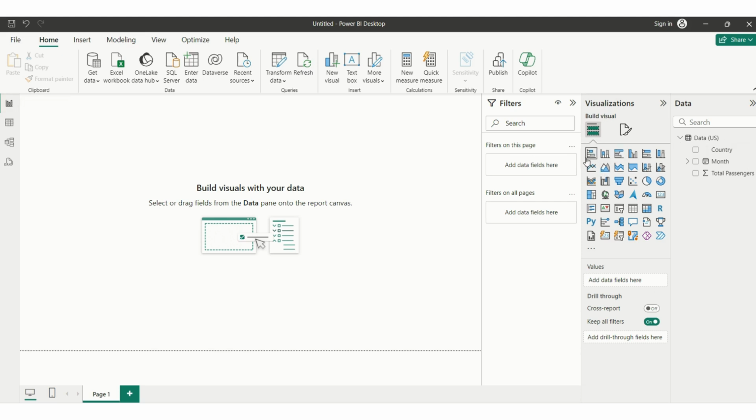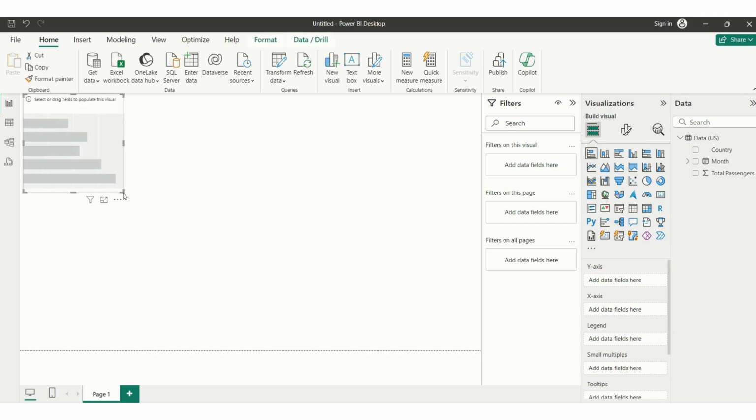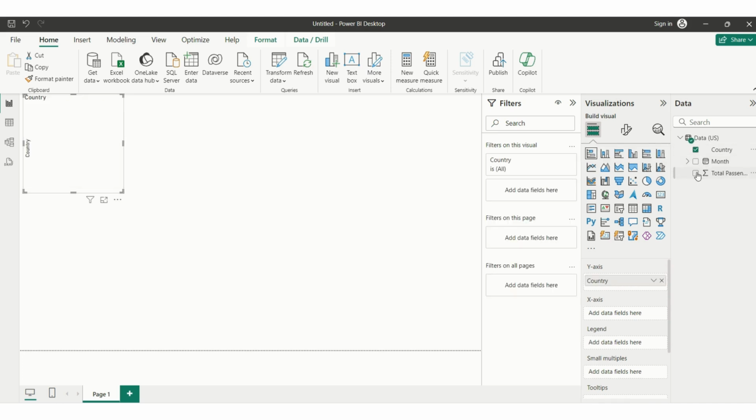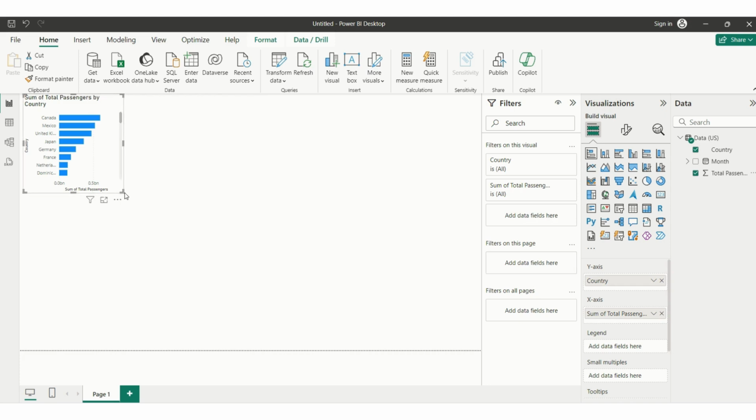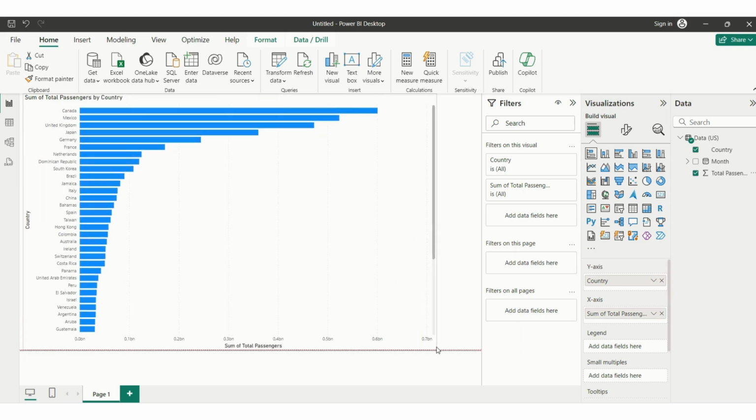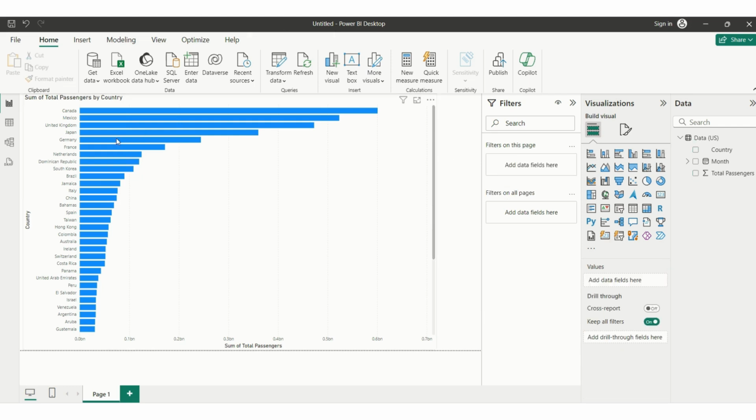First of all, we'll draw a very simple bar chart, and we would like to have in it the country and total passengers, just to have a quick view of how the visualization looks. So here are all the countries where the passengers have been to. Now we want to see what are the favorite destinations of travelers, maybe the top 5 countries which the travelers